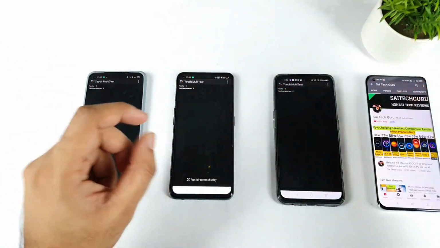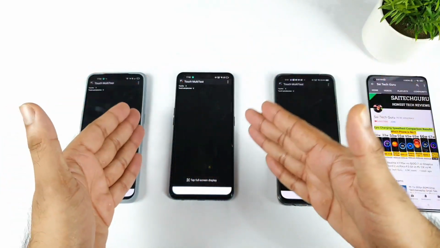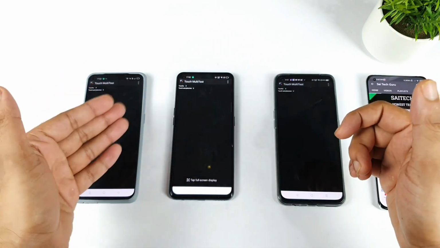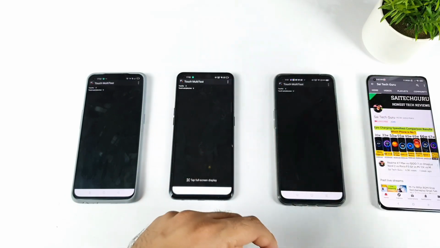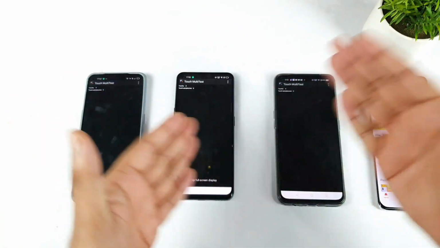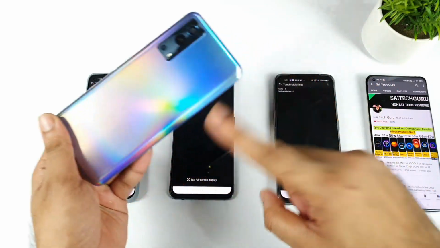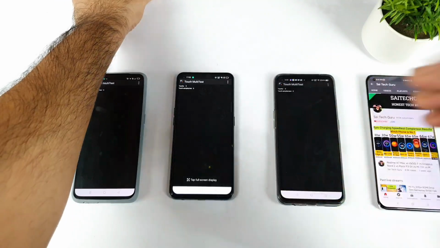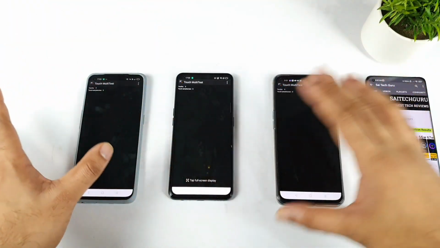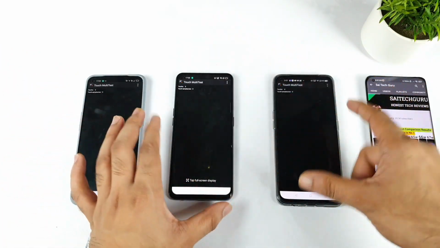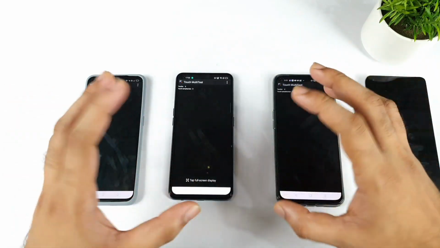This is not happening with other phones, like the iQOO phones or Poco phones. They have different segments. For example, in the mid-range segment, 240 Hz, and even the Poco M3 Pro has 180 Hz. The Poco X3 Pro has 240 Hz, and the Poco F3 GT has 480 Hz. You can see how these changes are implemented. Even in iQOO, the iQOO Z3 has 180 Hz, and the iQOO 7 has 300 Hz touch sampling rate. So there is some difference there, but between these three smartphones, I can't see much difference. All three have the same touch sampling rate, which is 240 Hz.